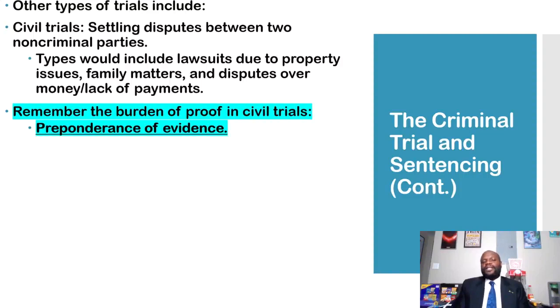In civil trials, the burden of proof is preponderance of evidence. So essentially, the reasonable doubt standard, or beyond a reasonable doubt, means 100% this person is guilty. This person did this crime, 100%. In civil trials, with preponderance of evidence, it's called the 50 plus 1 standard. In other words, I just have to have a little bit more people agree with me that you did something to me,